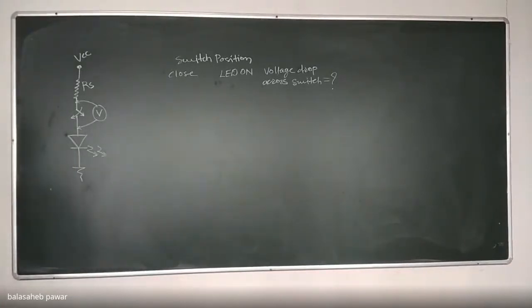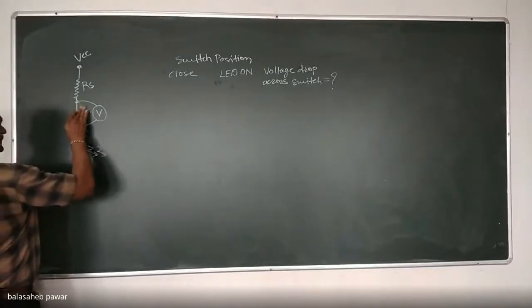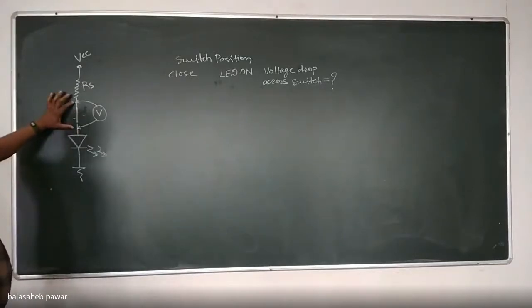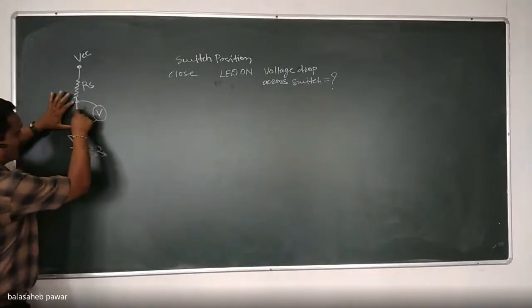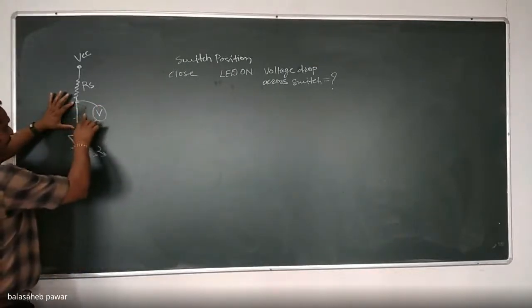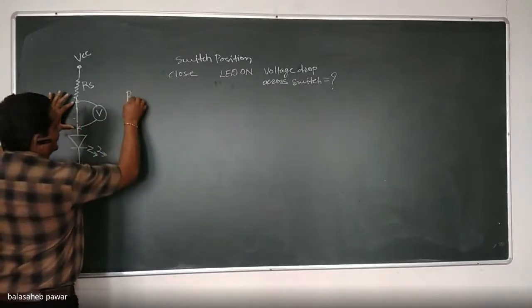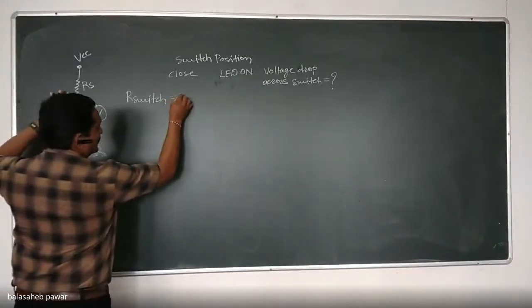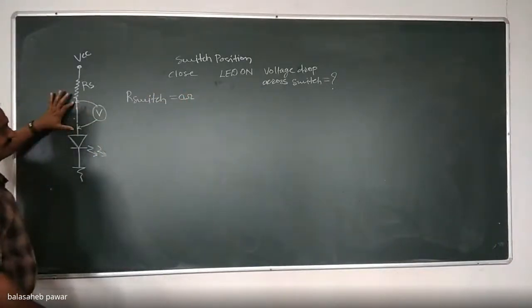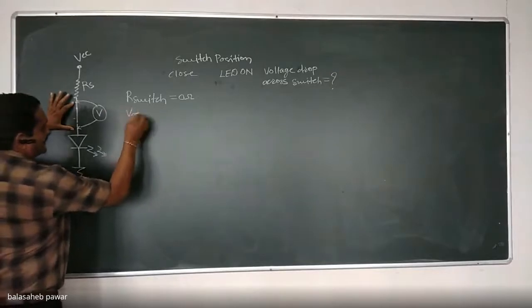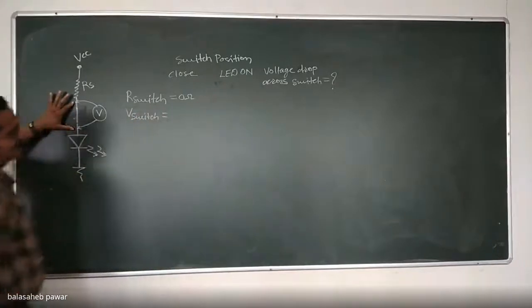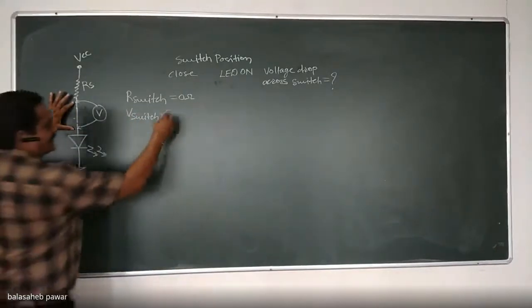That means, see, it will look like this. Now it is closed. It will act as what? A short circuit path, closed path, correct now? And we are measuring the voltage drop across that closed path. If the resistance offered by that switch, R of switch, whenever it is in the closed position, is equal to 0 ohm, then the voltage drop across the switch will be how much? The same I am asking you. It will be 0 volts.